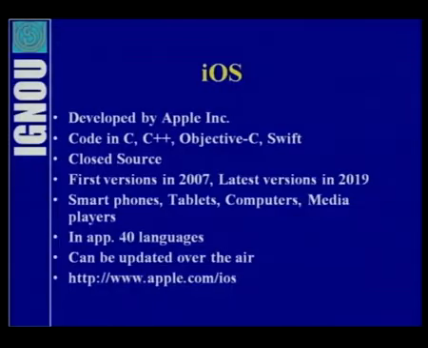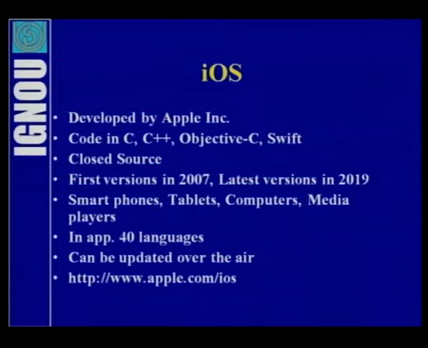Now, let us see a few features of the iOS operating system. Most of us must know that iOS is an operating system that runs the iPhone. Along with the iPhone, it also runs the iPad as well as some more devices. It is basically developed by Apple, which is based in the US, and again iOS being a mobile operating system, is a piece of software, which is nothing but a program. The code is written using C language, C++,